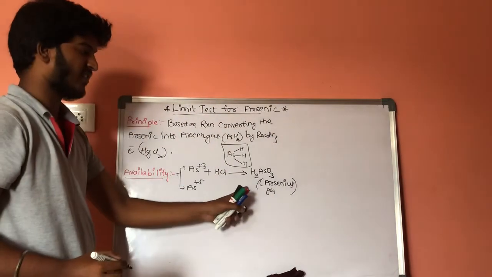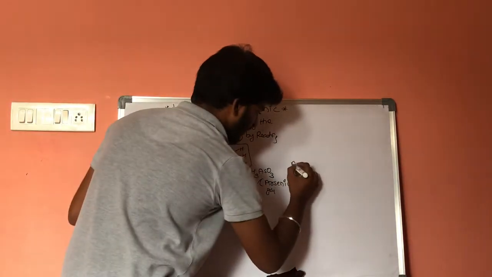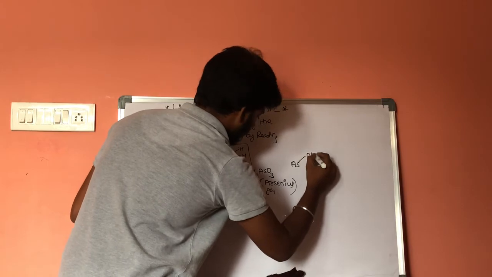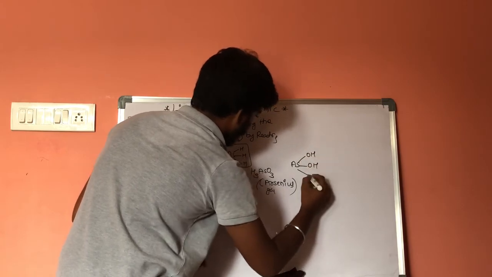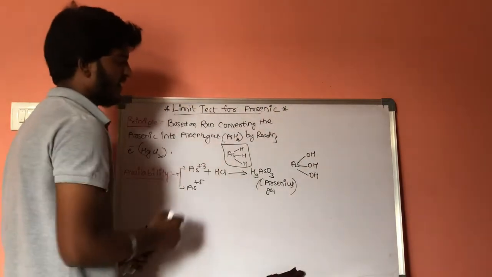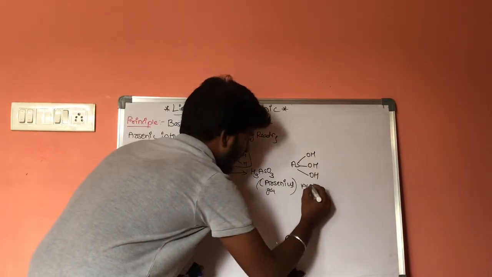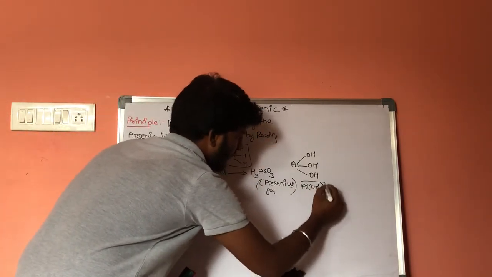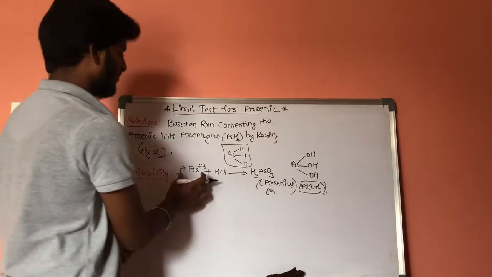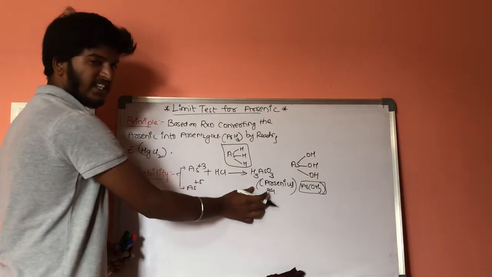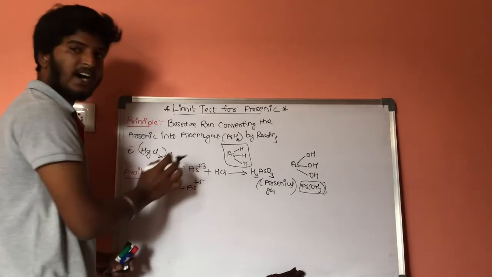And if we discuss the structure of this arsenious acid, it is As with OH, OH, OH, and it is also written as As(OH)3. This is the conversion of arsenious acid, which is formed from the trivalent form of arsenic, and